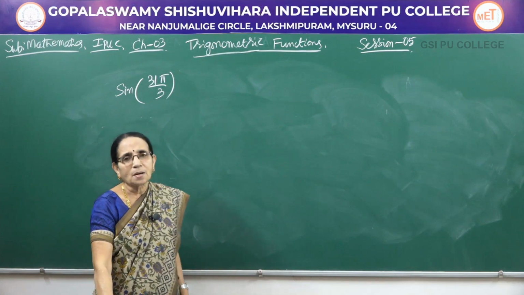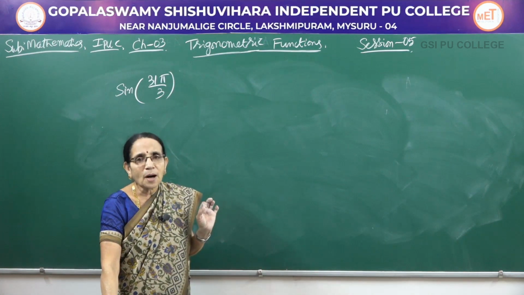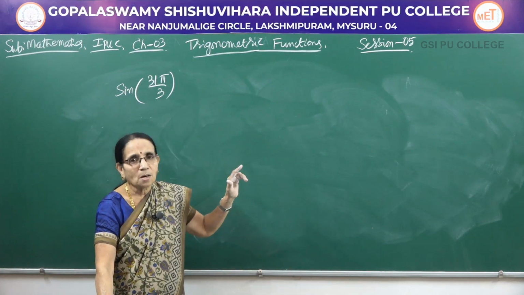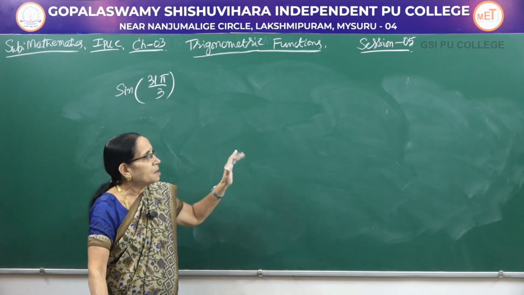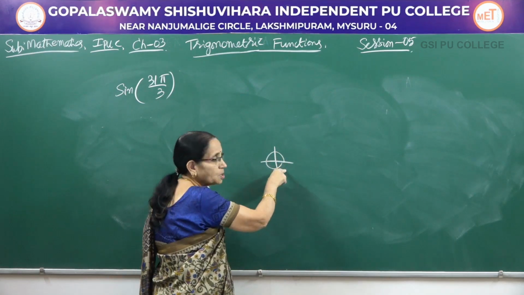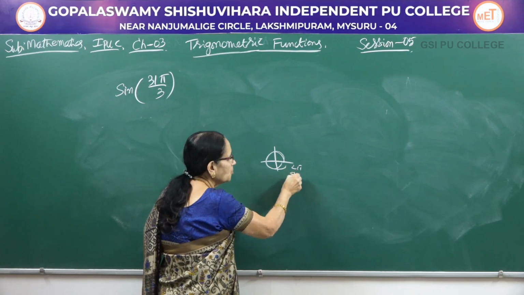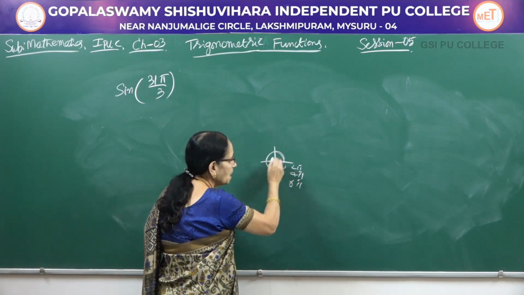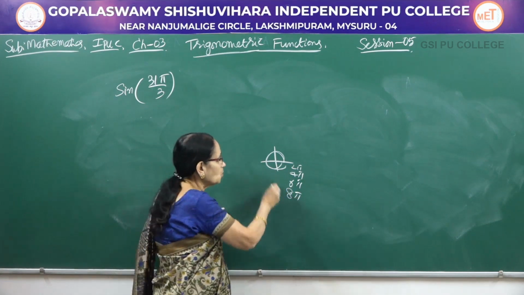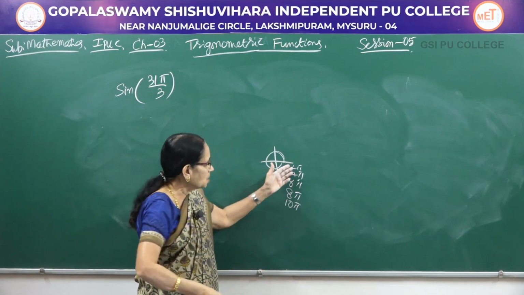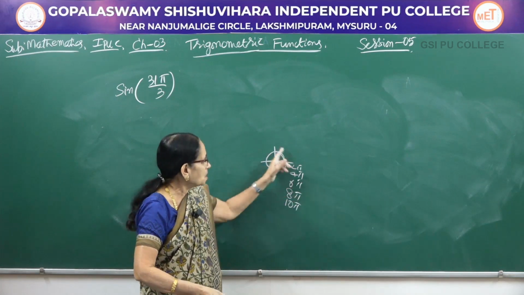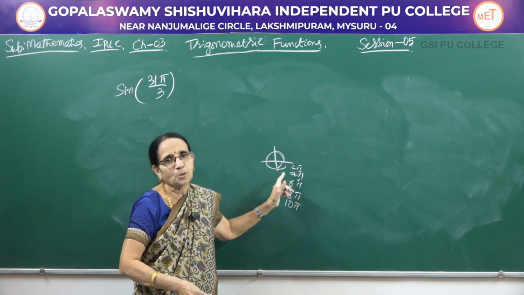Now, what was the method we adopted when it was given in degrees? We divided that by 360 degrees, because one full round means the angle was 360 degrees, and 2 pi is an even multiple. When you come one round, it is 2 pi, another round 4 pi, another round 6 pi, another round 8 pi, because I am considering the radian measure, I am writing in terms of pi only. So, one more round, it is 10 pi. So, it will be the even multiple of pi here: 2 pi, 4 pi, 6 pi, 8 pi, 10 pi. That means we are coming back to the original position, the 0 position here.